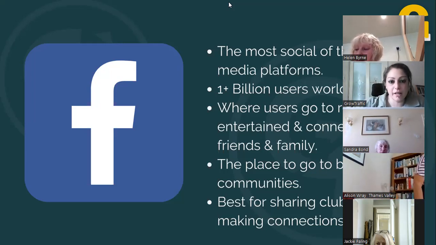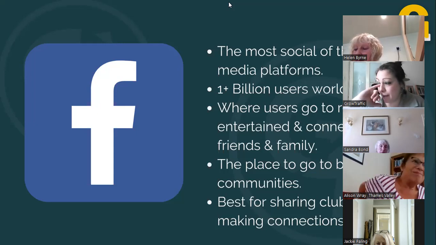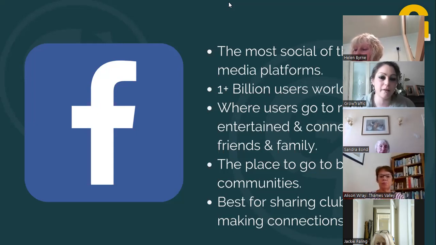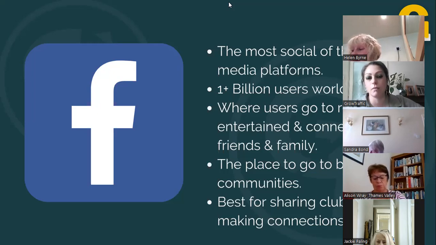So if we are posting as an organization with updates about things that we're doing and information about causes that we're working for, we've got to remember that we need to do it in a way that is suitable to the people that are using Facebook. It's not about what we want to post and what we want to say. It's about thinking, if I was just an average user of Facebook, how would I want this content to come to me? Why would I engage with this in a very busy feed that's constantly being updated with hundreds of people posting stuff? What do I need this content to say, and how do I need it to come across to me?